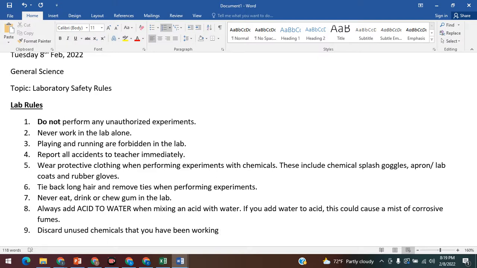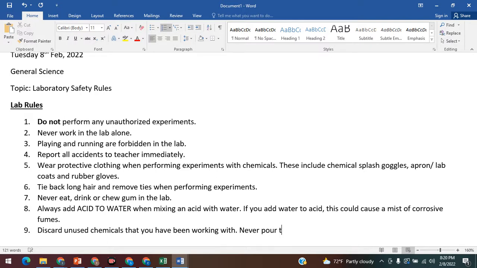So anything that you have left over, and you want to leave it for later observation or whatever, just discard it properly, right? Discard properly any unused chemicals that you've been working with, okay? And of course, never pour them